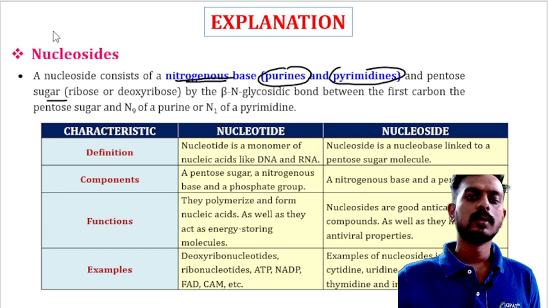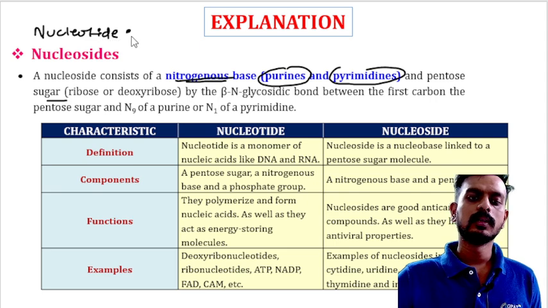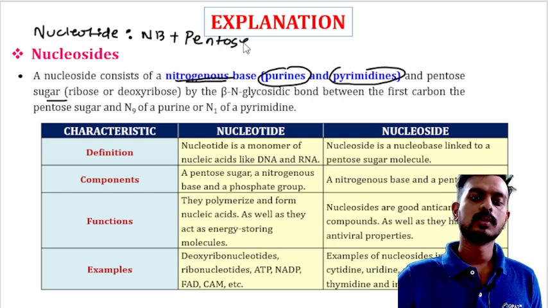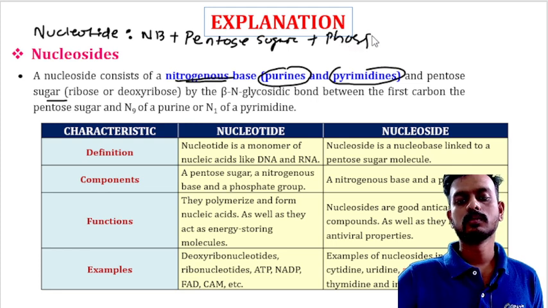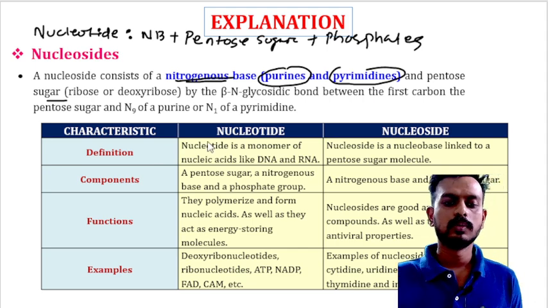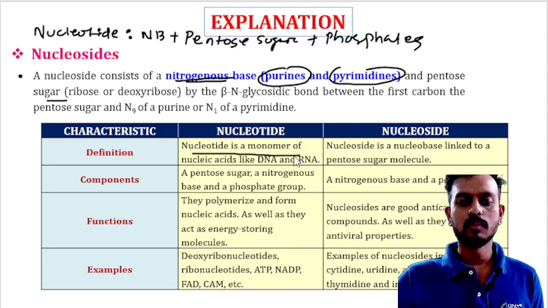However, if we talk about a nucleotide, then it contains nitrogenous bases plus pentose sugar and phosphates. The nucleoside is a monomer of nucleic acids like DNA and RNA, whereas nucleotide